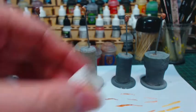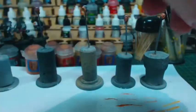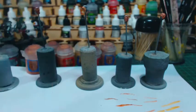Anyway, sorry, that's just me being weird. I had a blocked paint pot. That's the downside to the Vallejo model colour paint pots, that you occasionally have that issue once in a while. We have to do a manual clearance. Anyway,